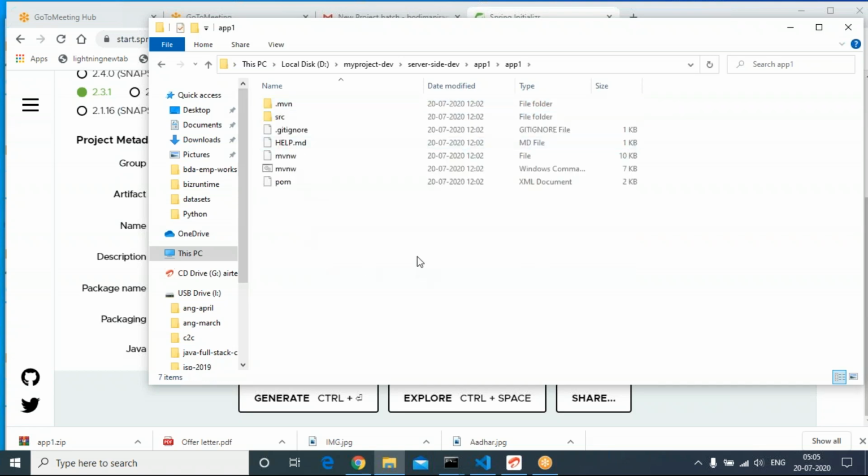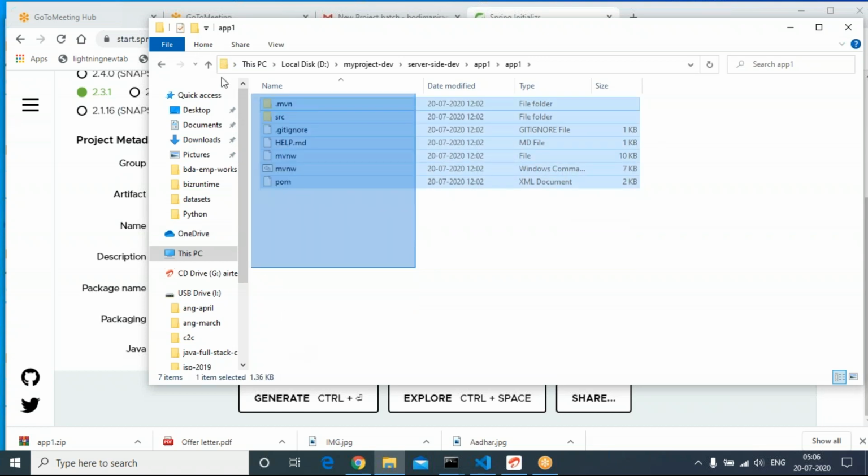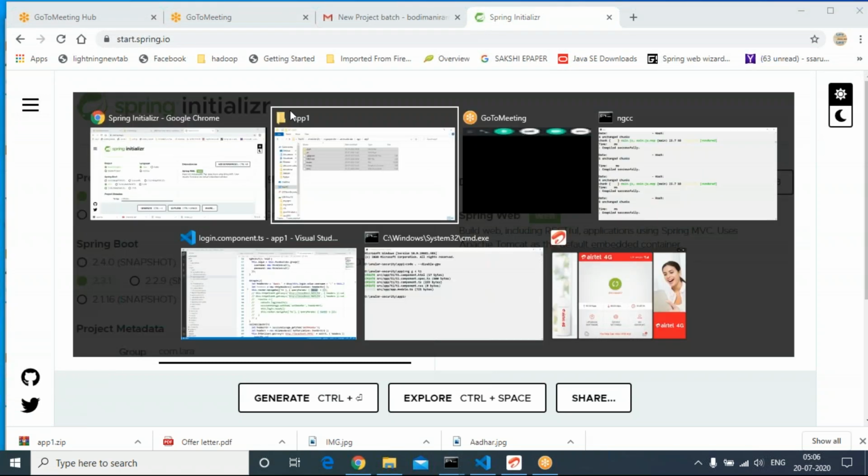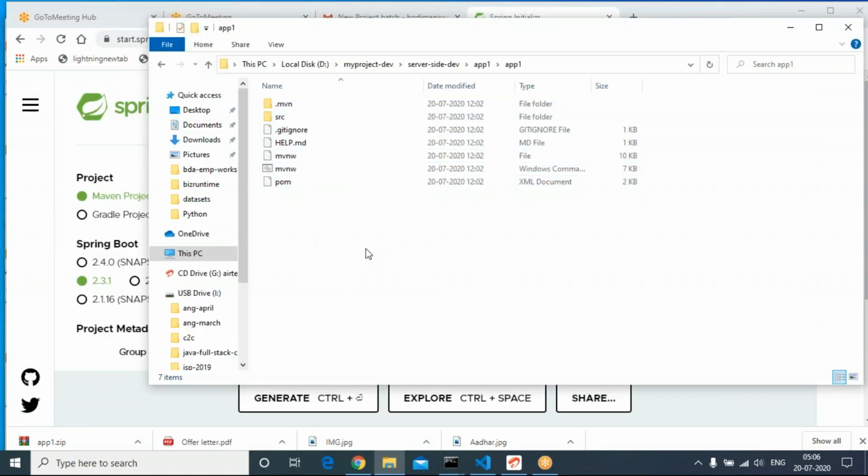Inside a project folder, the ready-made project content. This content is provided by Spring Initializer automatically for us. Whatever basic configuration required for Spring Boot applications, that basic configuration is provided by Spring Initializer. Spring Initializer provided one zip file to us. We unzipped, we extracted, we went inside the extracted bundle. There are several folders and files.